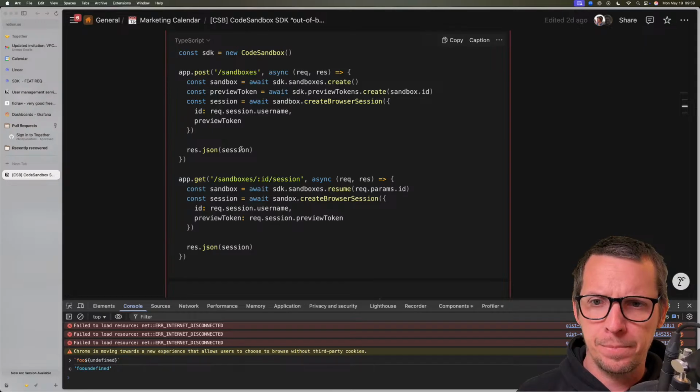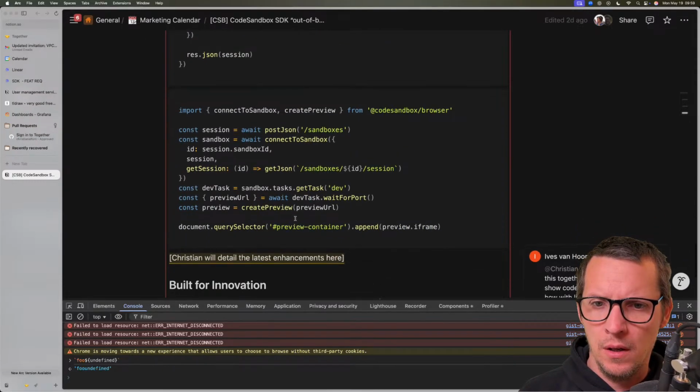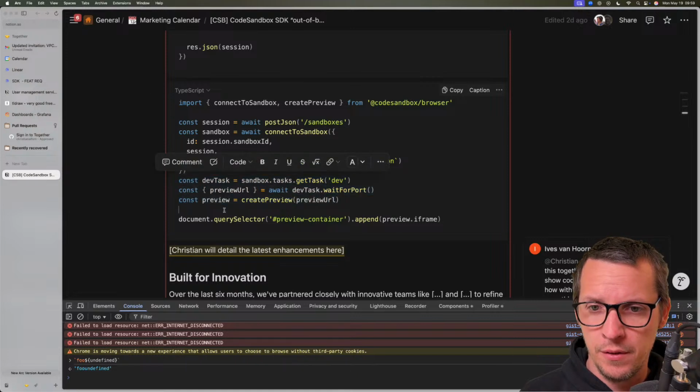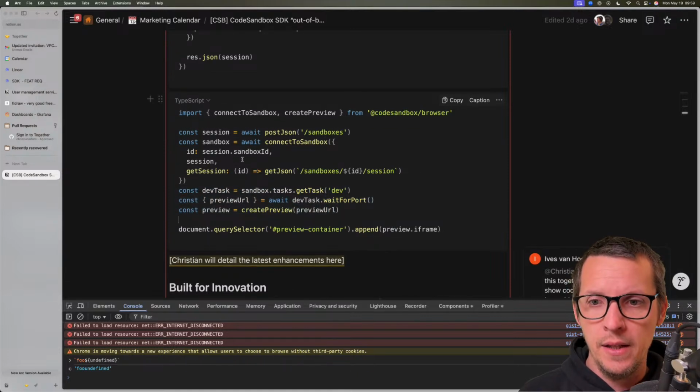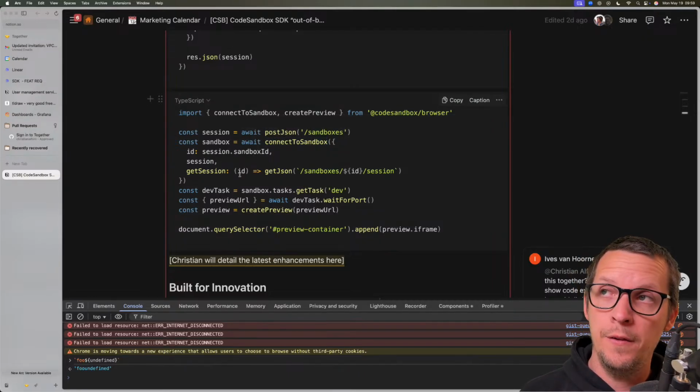And that allows us to, when we have these ports, we're going to have a preview URL, which is always going to be HTTPS. And if you passed a preview token into that session, that's going to be applied to it. And we're also going to give the session to connect to Sandbox, because if your flow is creating a sandbox,